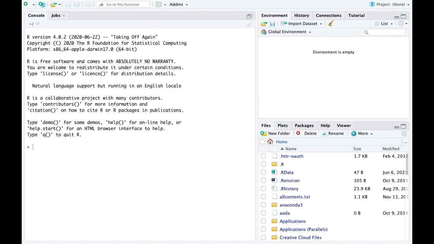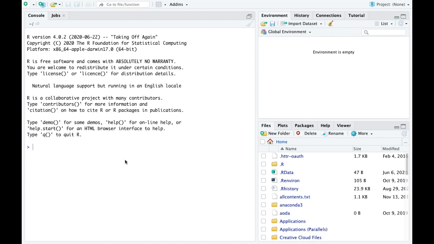Hi everyone, and welcome to lesson 2, where we will get started with doing some of the basics in R and RStudio. So to get started, first open RStudio after you've gotten it installed, and this is the first thing that you will see. You've got the console on the left that interprets and runs all of the R code. On the right, you have a few other panels with various tabs with various information and resources that we'll talk about later in the course.